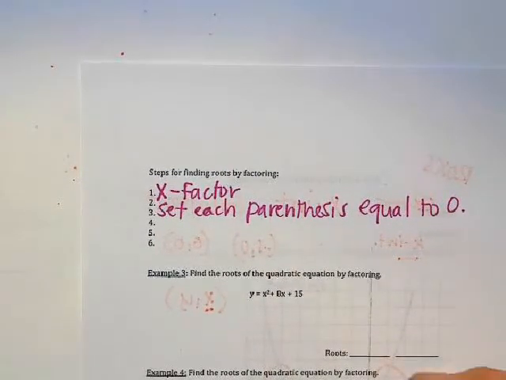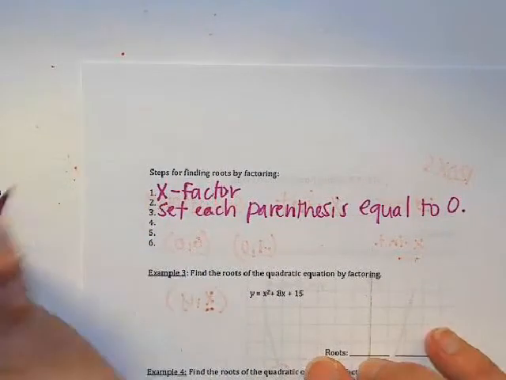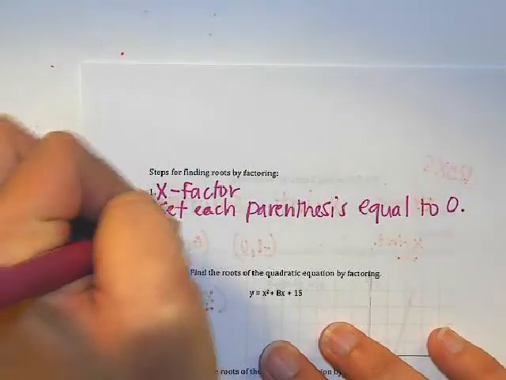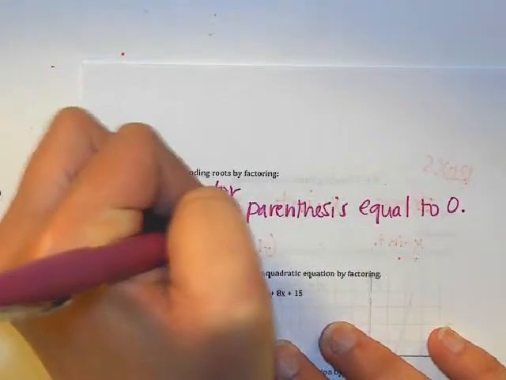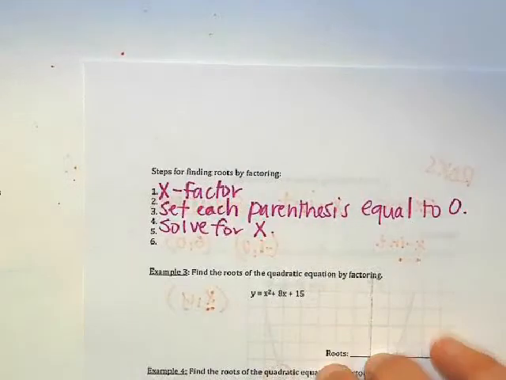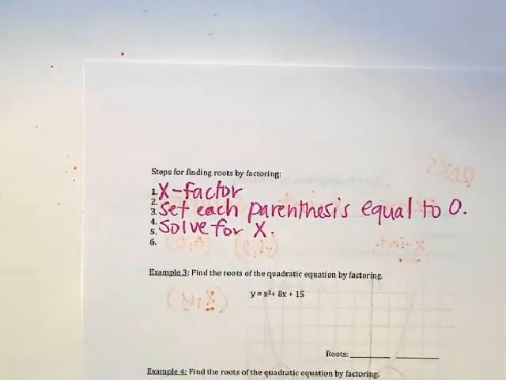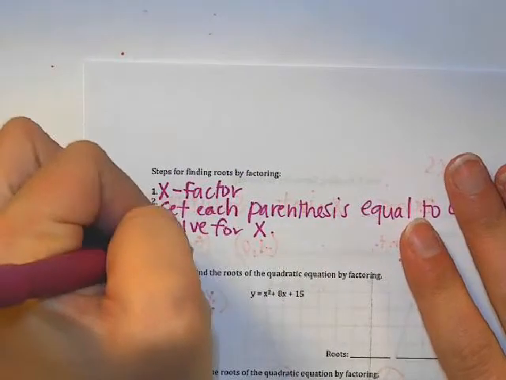Okay, step 3. Once we set them equal to 0, then we're going to solve for x. How many times are we going to solve for x? Twice, because you have 2 intercepts. And then last but not least, we're going to write